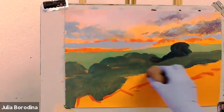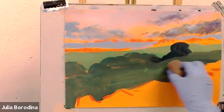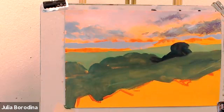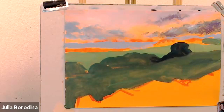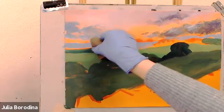A bit of water on my sponge, maybe, so I can see. I can still see a hint of orange background under my strokes, because the paint is not overly thick. And I think I'll just do a little darker line. If it's harder for you to do it with a sponge, maybe do it with a brush. But all I'm going to do, I'm just going to do just covering most of the orange, so it's not going to be